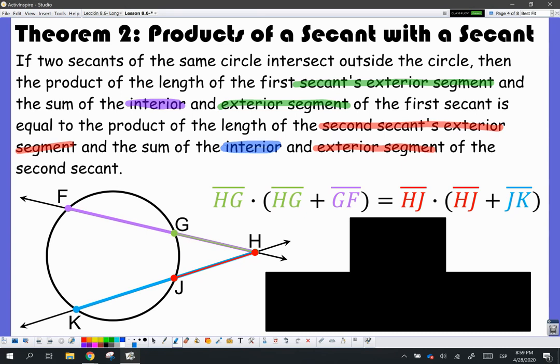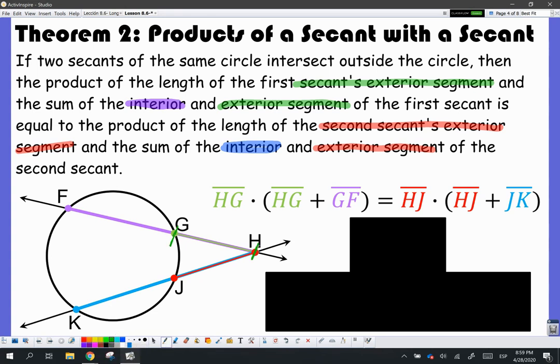So there's a lot going on there. So let's break it down. We have two secants. In our example here, we see that one of our secants is FH and the other secant is KH. What this theorem is telling us is that if we break the secant apart into two segments